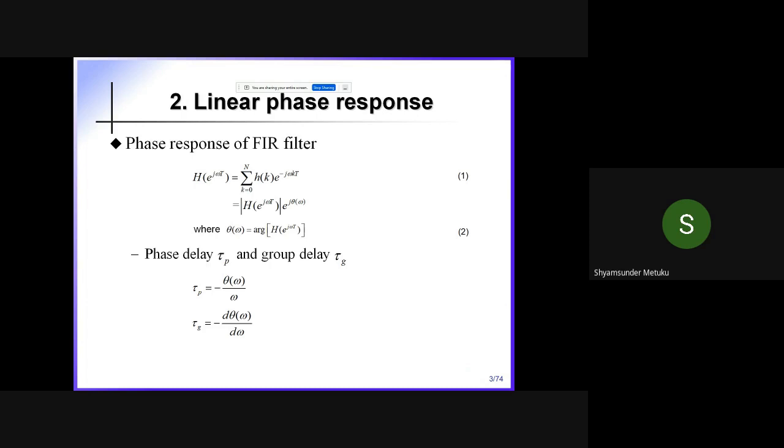Is it clear? Yes, sir. Okay, fine. So I'm trying to give a symbolic representation for the result. Whenever your result is complex in nature, I'm going to get two different quantities: a magnitude quantity and a phase quantity. The magnitude quantity is 10 comma root 8 comma minus 2 comma root 8. That is capital H of e power j omega t. And phase will be 0, minus 45 degree, then 0, then plus 45 degree. That is your theta omega. Is it okay?